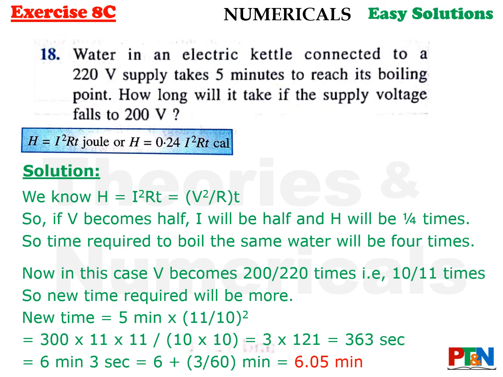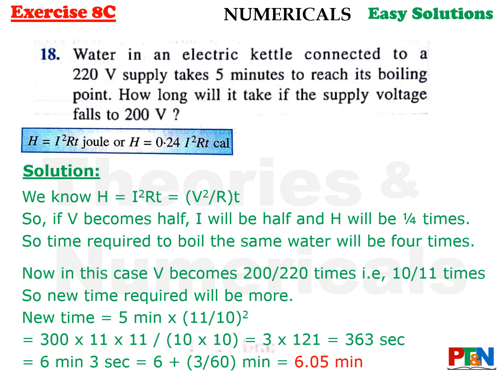Now if voltage becomes half, I will be half and H will be 1 by 4 times. So time required to boil the same water will be 4 times. It's basically ratio. If voltage becomes half, current will become half, energy produced will become 1/4. That means it will take 4 times to give you the same energy to do the same boiling